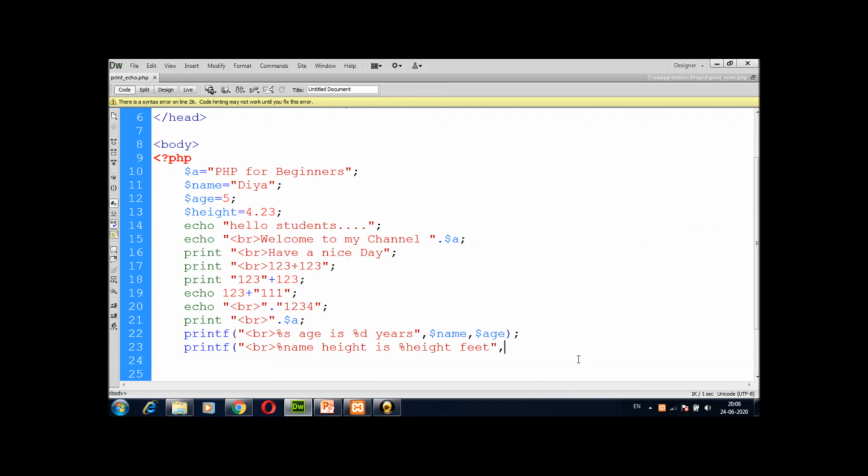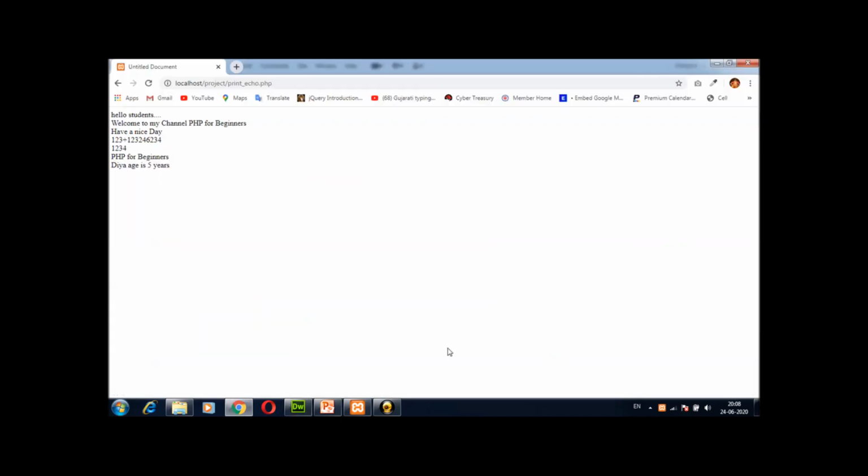First one for name, so I'm going to use the percentages, and then I go with %s $name, comma, $height. Now check the same statement: height is 4.23 feet.